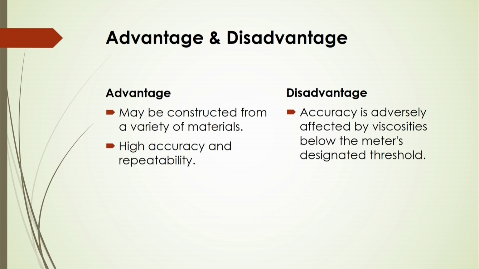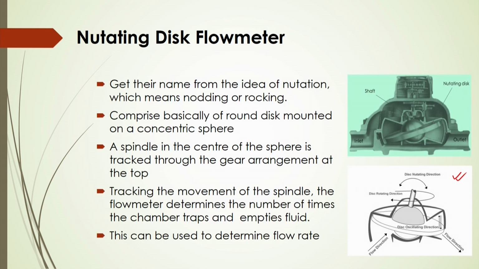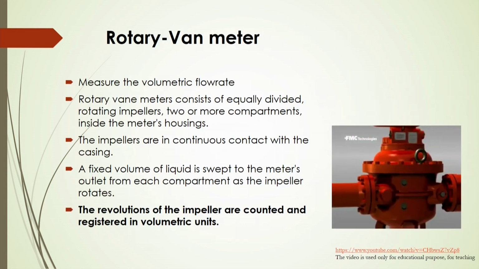So, these are the advantages, and in most cases these flow meters give an accurate flow rate, and that is why they are being used in industry. Another type of rotating flow meter is called the rotating vane meter, and this vane meter is also advantageous. In this case, an impeller is used to design this rotary vane